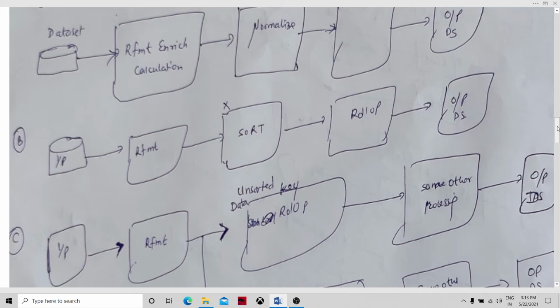The sort component doesn't know where a particular key record would be in your input data set, so it has to wait for the entire data set, until the last record of the input data set is received by sort.